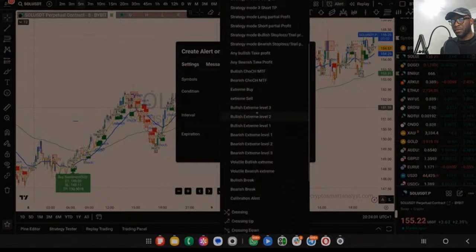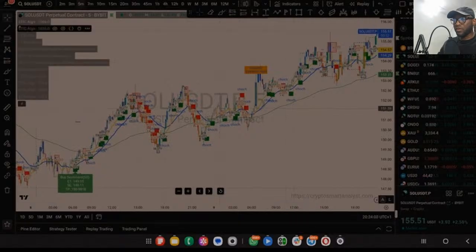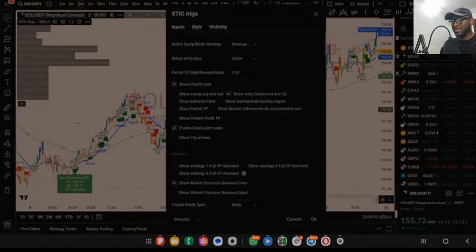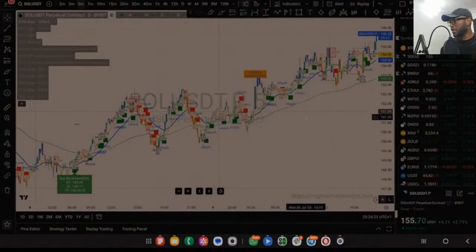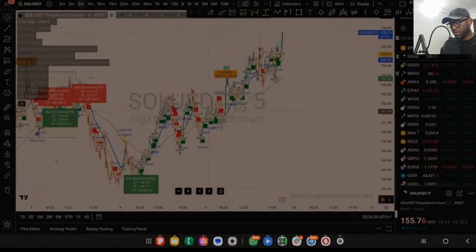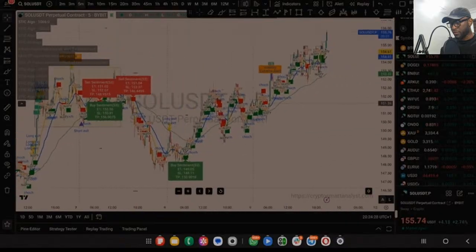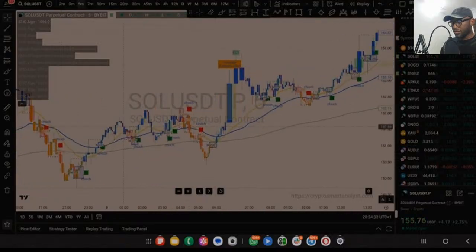These are extreme levels. Most of the time when the market gets to extreme level 3, the market always tends to reverse. Let me just enable extreme. You can enable show market extreme level here if you want to see it on the chart. Once there's an extreme, it's going to show. I think it's still loading. I don't know if you have any extreme on the market right now. If you have any extreme on the chart, you can see this is extreme level 1, volatility extreme level 1, this one right here.